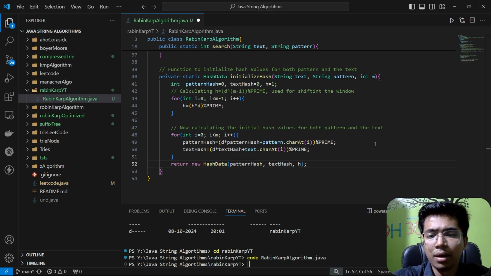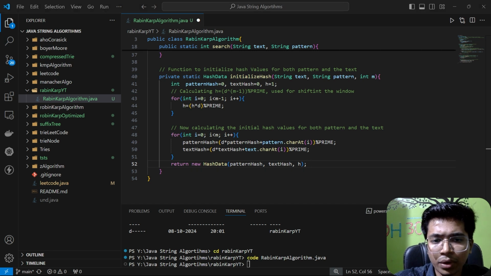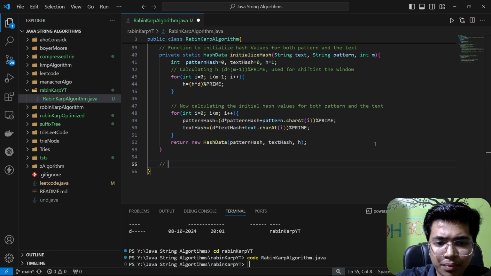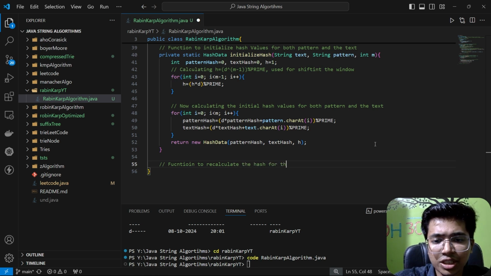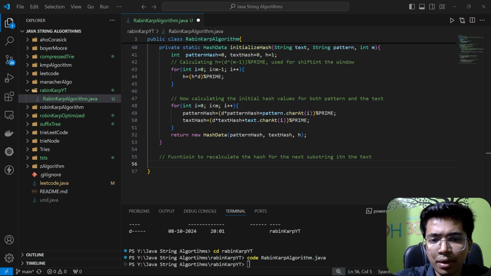Now we will be writing the function to recalculate the hash. We initialized the hash, and now after initializing we need to recalculate the hash also. So now we will be writing the function to recalculate the hash for the next window in the text. So let's start writing this function to recalculate the hash for the next substring in the text. We declare this as recalculate hash,